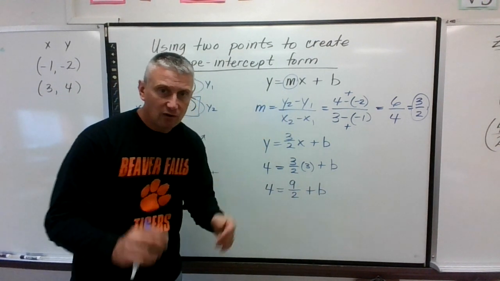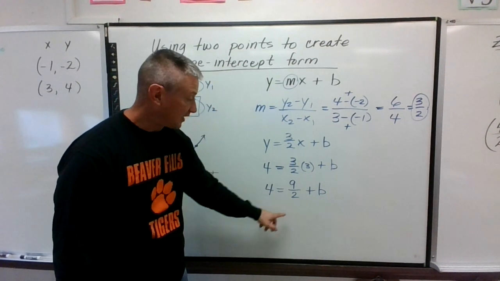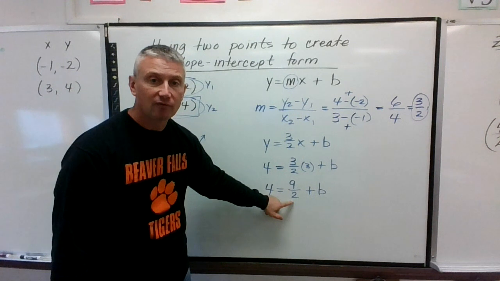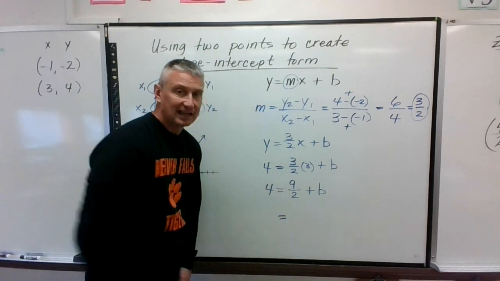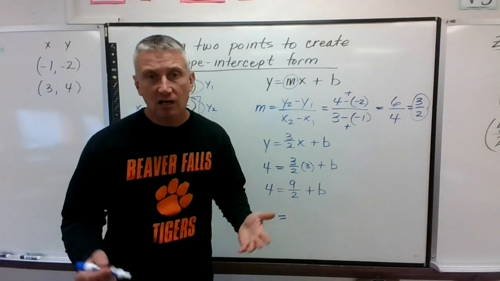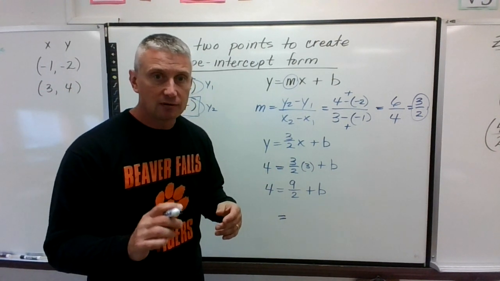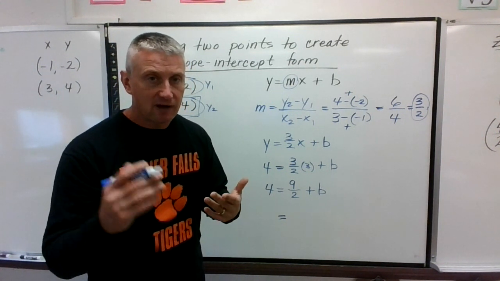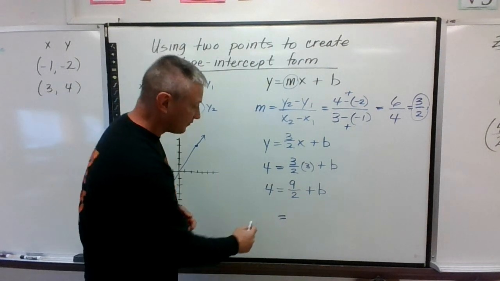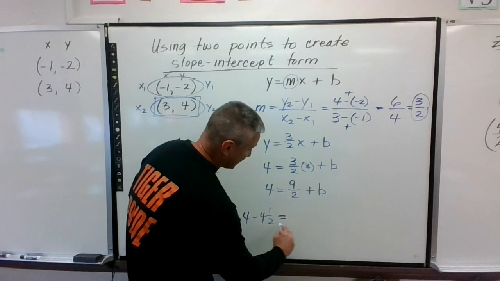So we're going back to these equations that we did. This side's now simplified. This side's now simplified. If I take 9 halves away from both sides, that means 4 minus 9 halves. Well, if you need a calculator to do 4 minus 9 halves, go right ahead. If you want to change 9 halves into a mixed number, it's 4 and 1/2, because 9 divided by 2 is 4 and 1/2. So if I take 4 1/2 away from both sides,